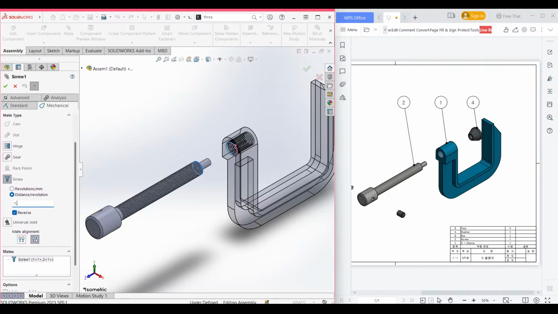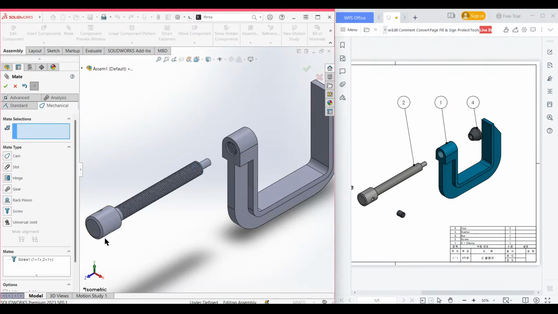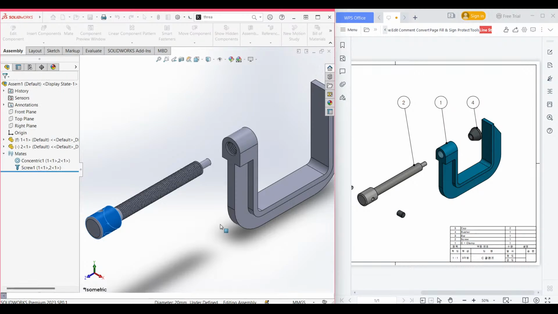Okay, selecting the distance of 1.5 here, and here we have selected two faces. I am selecting the reverse option from here. Now press OK. So if you rotate your sketch in this way, you can see that the sketch is